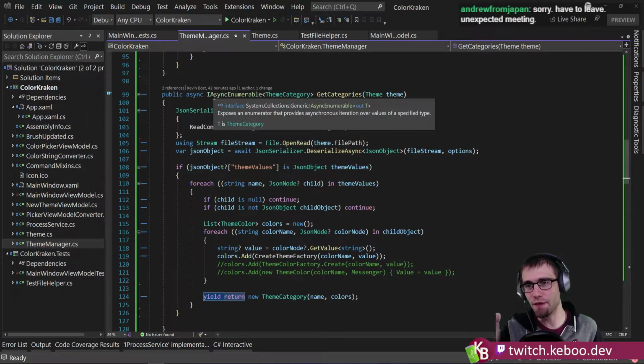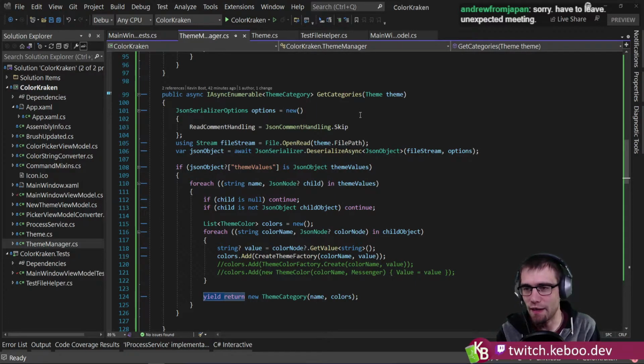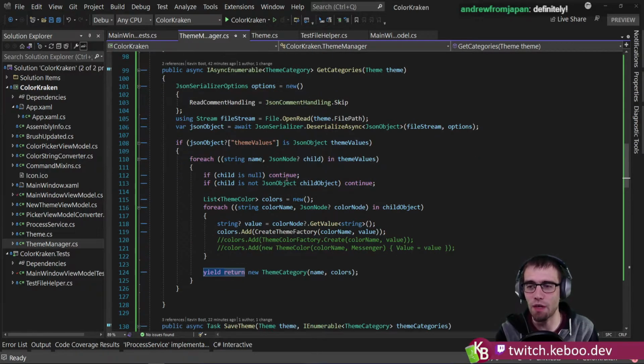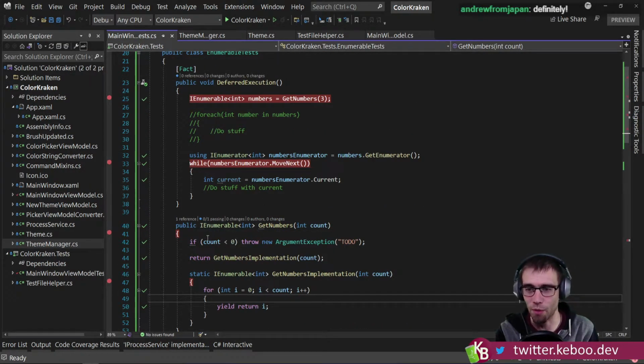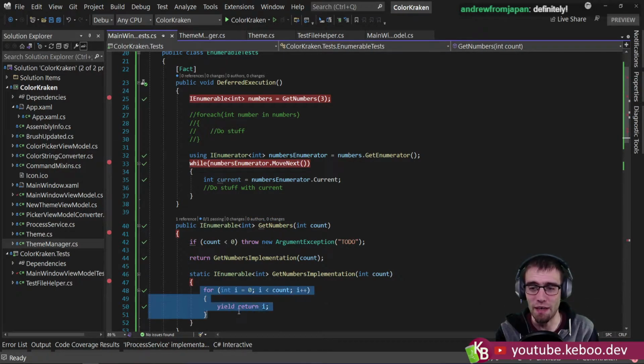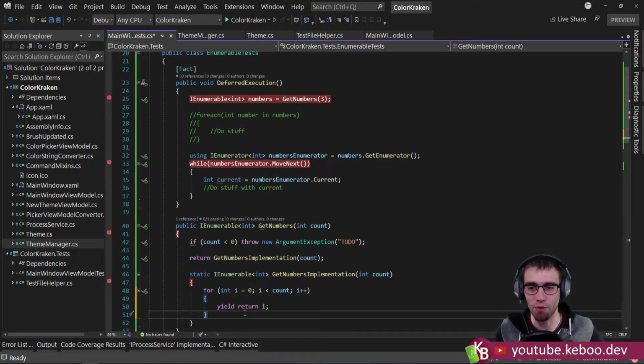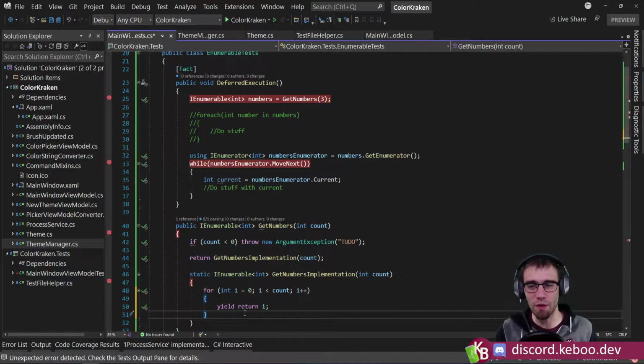In the case of this method here, what it ends up doing is the next thing that it wants to read is coming out of an asynchronous method. So there's an await in here. Now previously, before the advent of async enumerables, there wasn't a good solution for this. Because move next is a synchronous method, you couldn't put an await in here. There was no way to combine await and yield return into the same thing, which was kind of sucky. So oftentimes you would end up doing weird things where you maybe make the call, do the await, and then do an iterator method for the other stuff, and